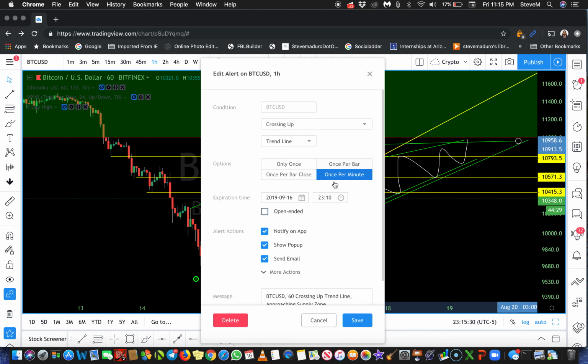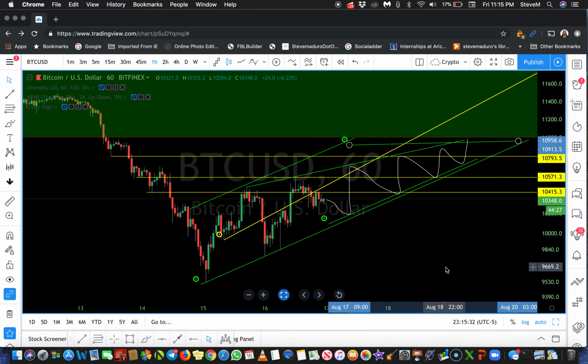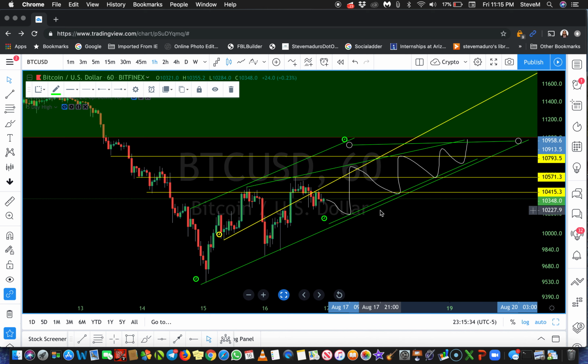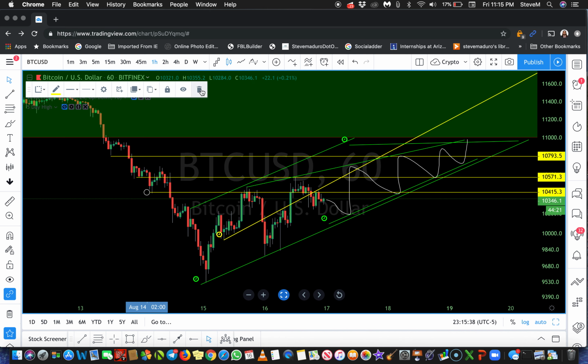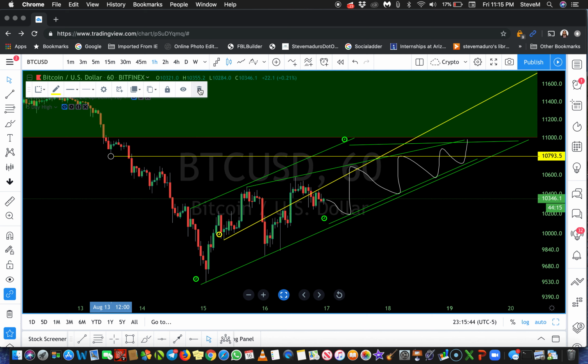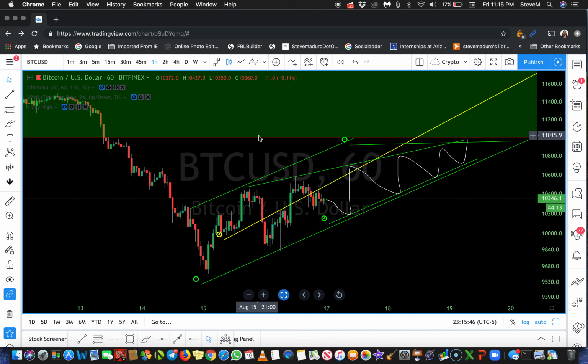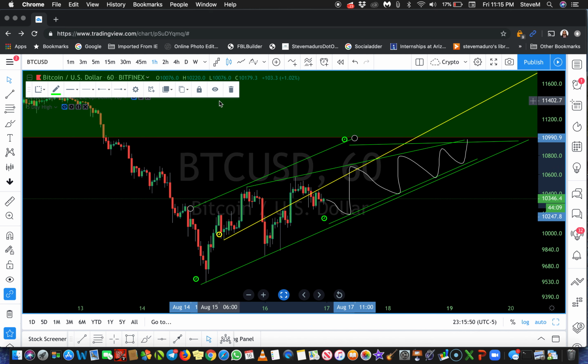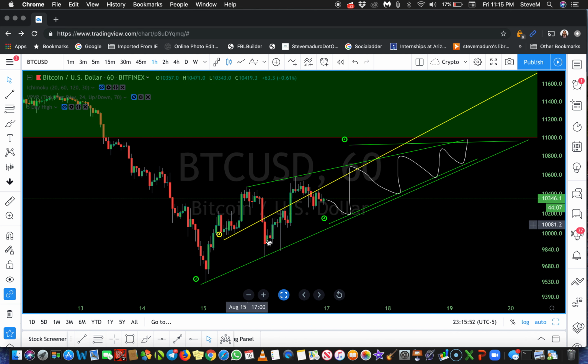Crossing up the trend line, once per minute. Yep, that's exactly what I'm looking for. And so the only things that I leave on, I'm going to take that. I don't want that on my chart. I don't want that on my chart. And I don't want that on my chart. So really the only things I'm going to leave on my chart are